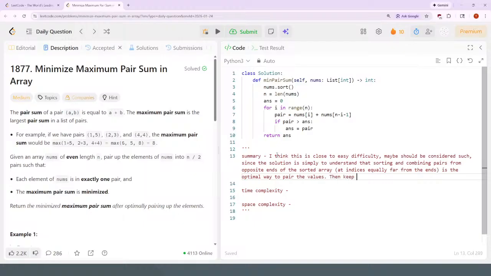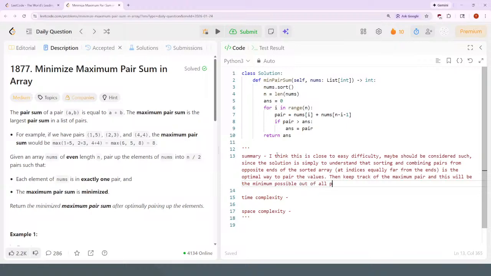Then keep track of the maximum pair. And this will be the minimum possible